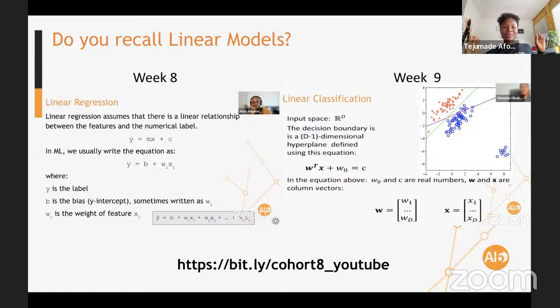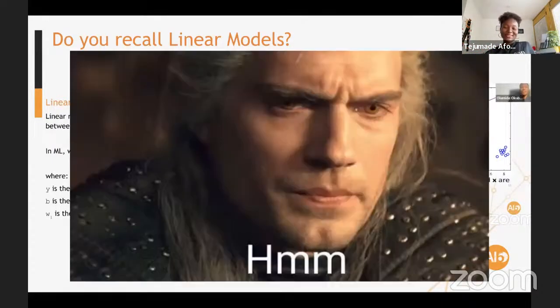You have to always remember it. So we always talk about the linear equation, because from there we can build up to multiple lines fitting and so on. And also in linear classification, it was the same idea, but applied to classification. I hope you can remember. If not, we'll